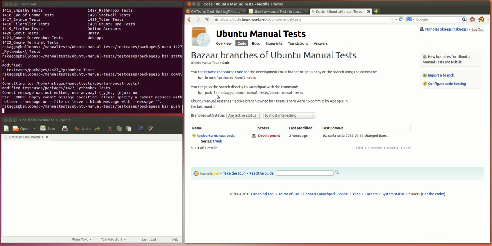And if you take a look at code, it tells you that you can push a branch directly to Launchpad with this command. And so I can actually push this change up to the project and get ready to submit a merge request by pushing a new branch. And what will happen is that branch will actually show up right here, and then after I click on that branch,